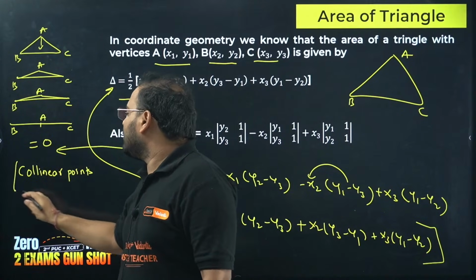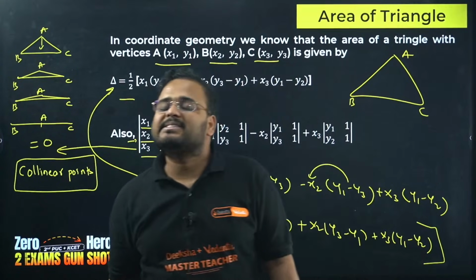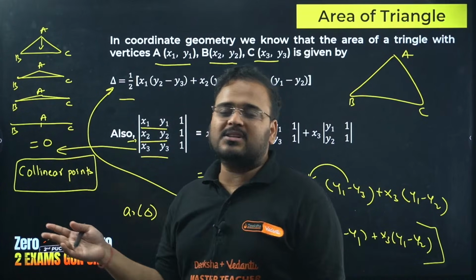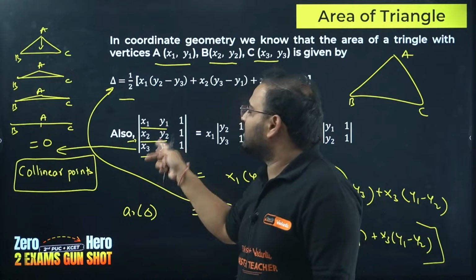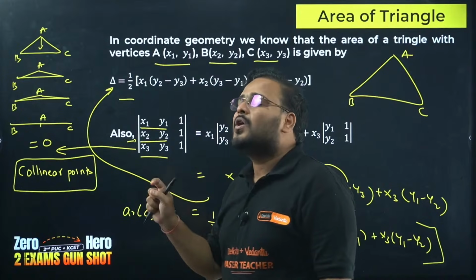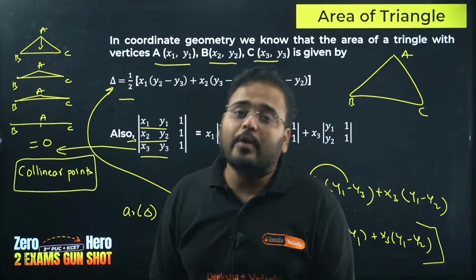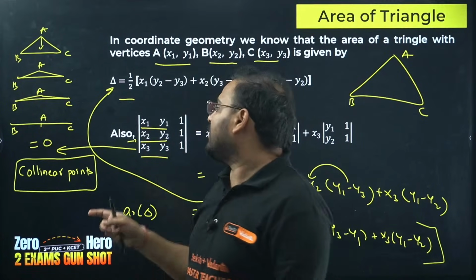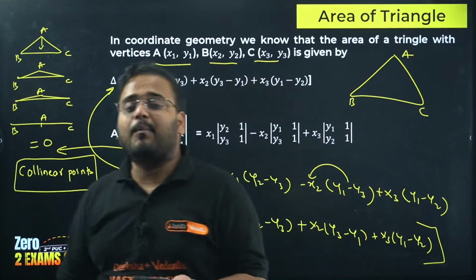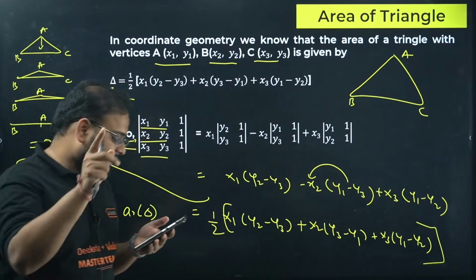That is the result for collinear points, which means all the points lying on the same straight line. Making sense? Yes. So from here we obtain multiple results. Sometimes they give you the coordinates and ask you to prove whether it is collinear or not, or they say that it is collinear and ask you to find the missing coordinate. Or they can give you the coordinates and ask you to write an equation in terms of x and y where the points are collinear. These are the types of questions that come in your PU2 boards. Got it? Makes sense? Anybody has a doubt? Ask me.